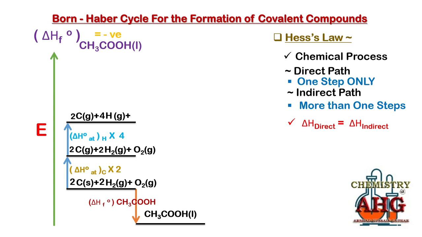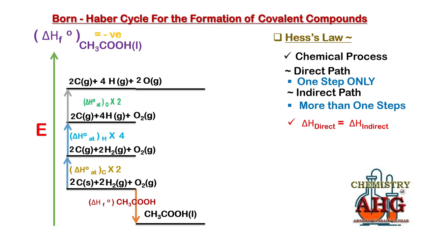Oxygen will remain unchanged again at this stage. Moving further, now it is the turn of the oxygen. Again endothermic bond breaking will take place and oxygen will be atomized. Carbon will remain unchanged now, hydrogen will remain unchanged now, and now oxygen will be atomized, meaning we will write down the symbol of the oxygen and the state symbol gas. There are 2 mole of oxygen, we will write down 2. Now this is the enthalpy change of atomization of oxygen multiplied by 2.